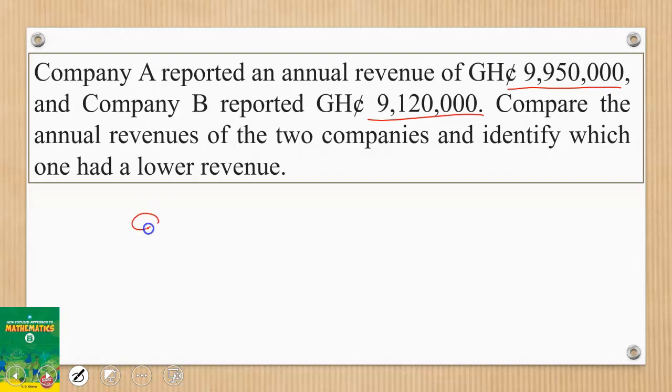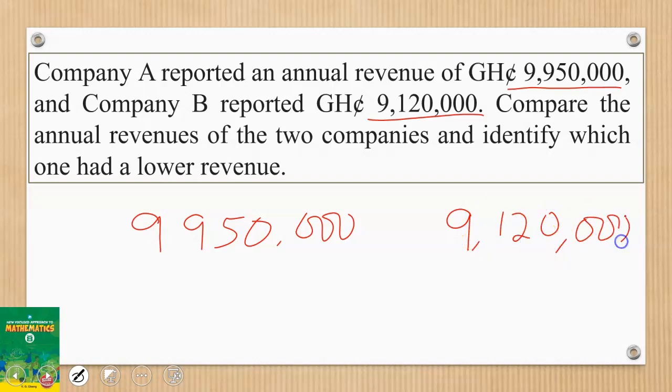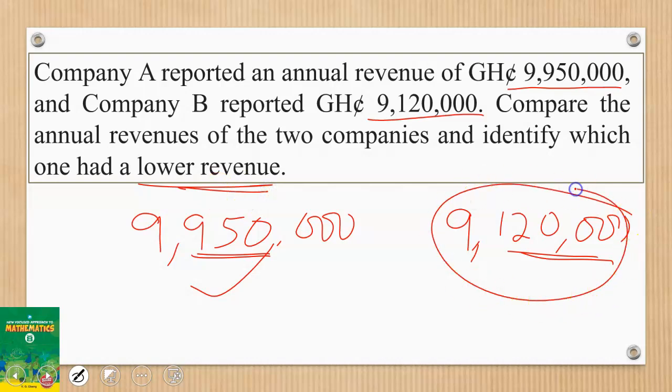So if I have 9,950,000 against 9,120,000, listen to it. They are both 9 million. But this one is 950,000 and this is 120,000. Obviously, this is bigger. So if you are to bring out the lower revenue, the lower revenue is